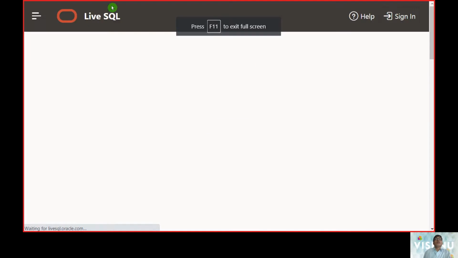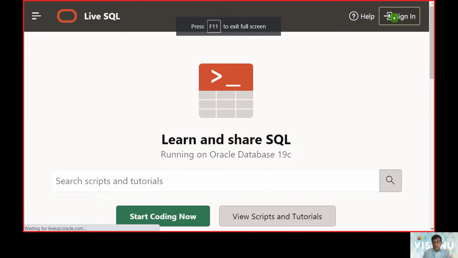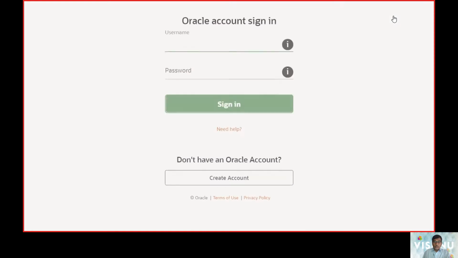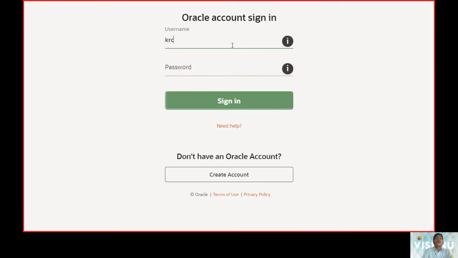So we will work on Live SQL. We will sign up to Live SQL, and I'm hitting the sign in button so that I can log into the SQL part.